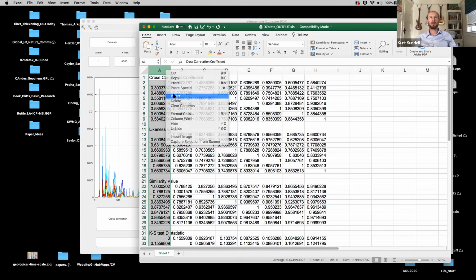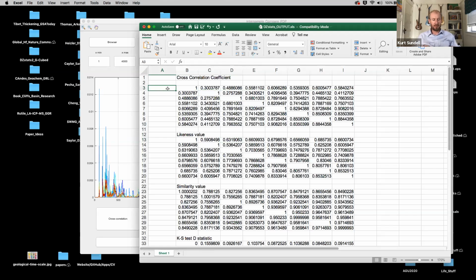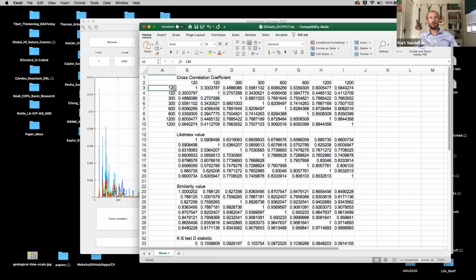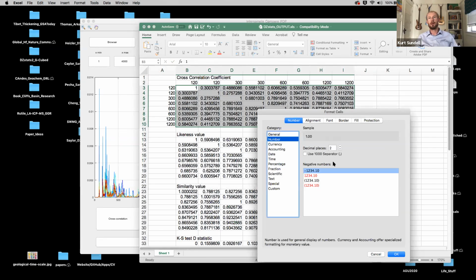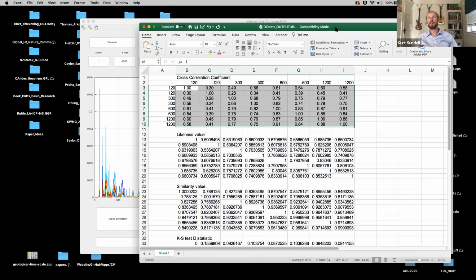And then I like to add some labels. A newer version will incorporate these labels. But this was 120, 120, 300, 300. These are the rates of acquisition that we ran for these different samples, and call those our sample names, for example. So transpose that, and those would be our sample names. And what I like to do is format it so I'm not looking at a huge string of numbers, but maybe 2 decimal places. You might stick them in the middle. But the most important thing that I like to do